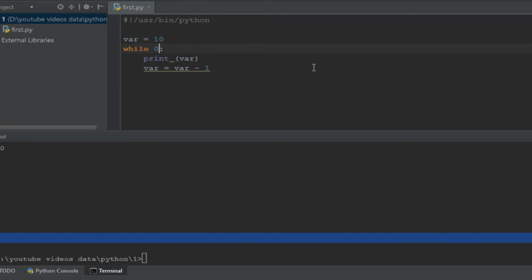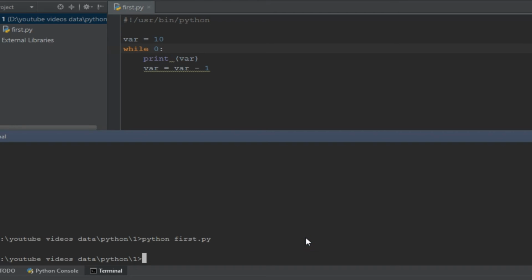If I write 0 right here, it will never come inside the body of the while loop, because 0 will remain 0, since we are not using a variable right here. So I'm going to save this file and run it. You can see that nothing has been printed. And if I write any positive value, it will become an infinite loop. It will never become false. I'm not going to run this program because it can attack my RAM, because it will keep on printing out the values